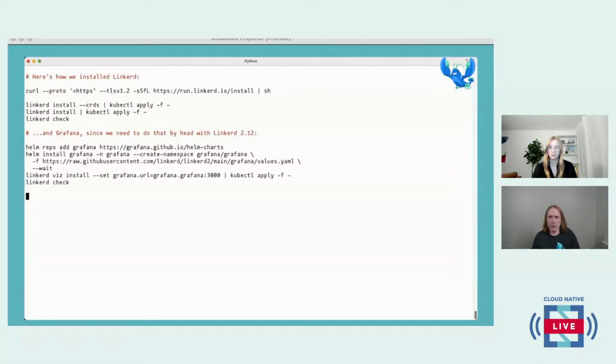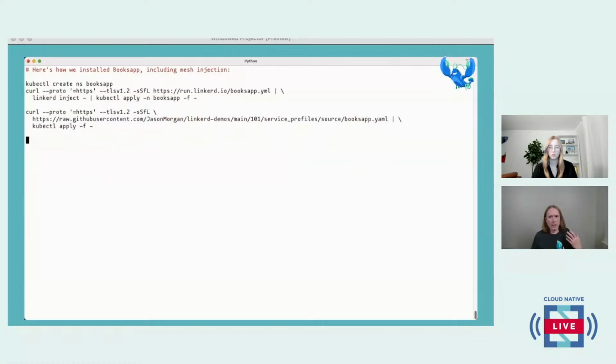The Linkerd install is straight out of the quick start for 2.12. Note that when you are installing Linkerd 2.12, you must install the CRDs first and then the rest of Linkerd. And with 2.12, you must install Grafana separately before you set up Linkerd Viz because of changes in some of the licensing around this stuff.